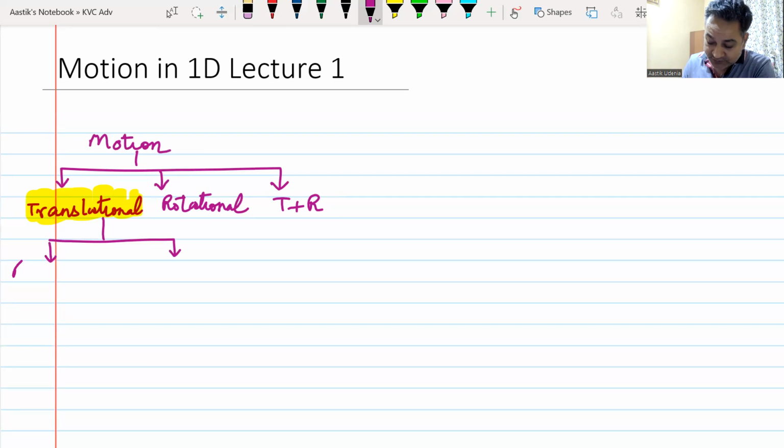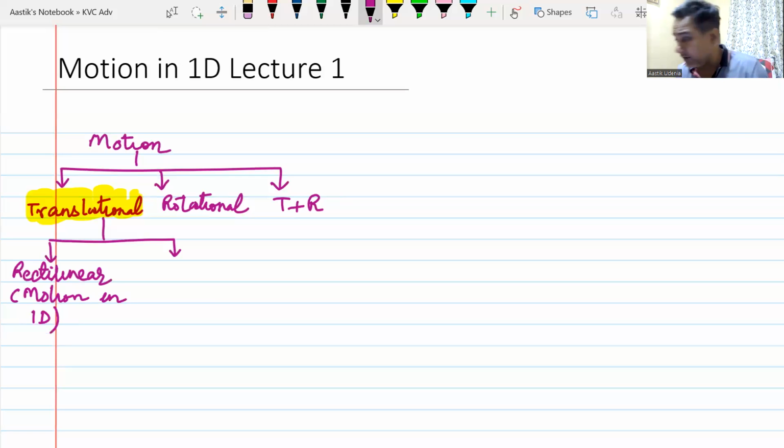The first one is known as rectilinear motion. This rectilinear motion is nothing but motion in 1D. Do we understand this? The body is going to travel in one dimension or a straight line only. That type of motion is known as rectilinear. Then the other type of motion is known as